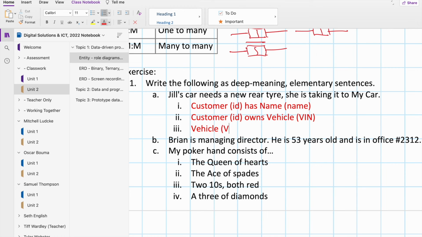Vehicle with a VIN. I don't know what you call it. If it was my car, you'd probably call it a job, and you'd probably have something like a job number. Couldn't you just have a job name? If this was a database you were making, you'd definitely give it a job number, because that